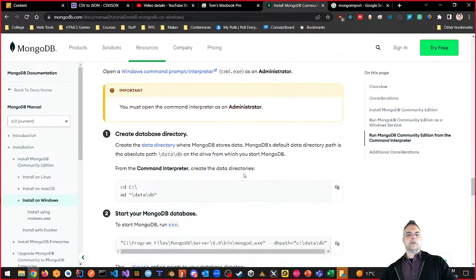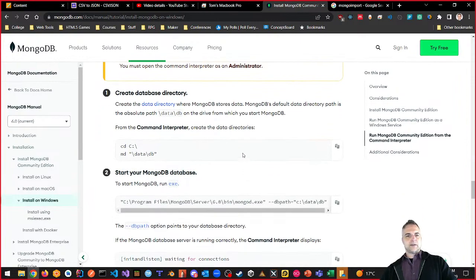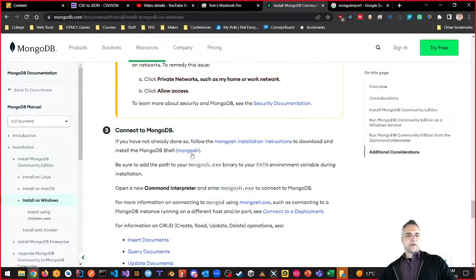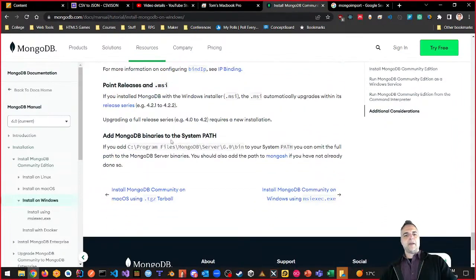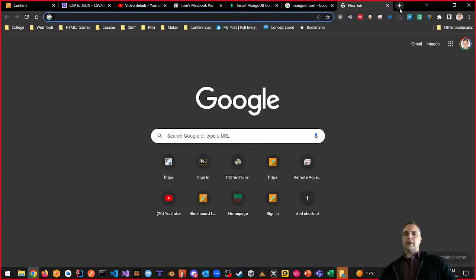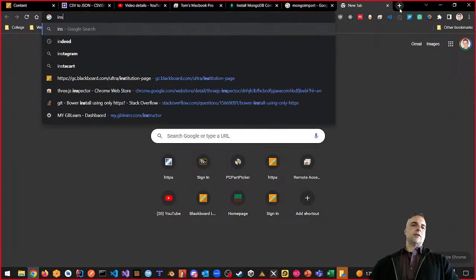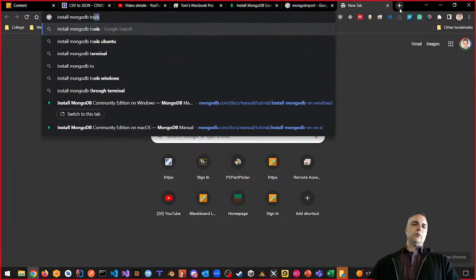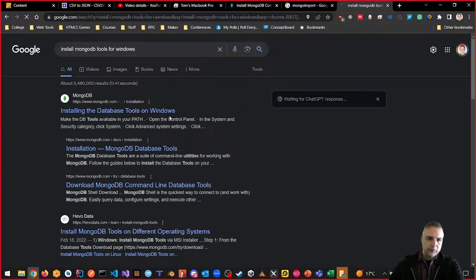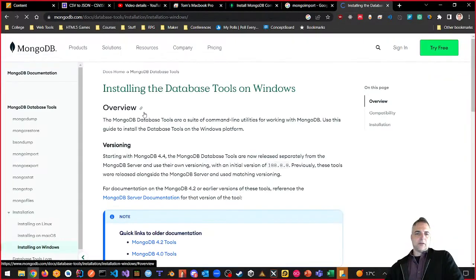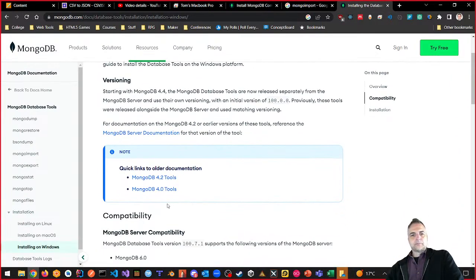So let's scroll down here and see if it actually exists. Here's the data directory they talk about, connecting to MongoDB, localhost, and the binaries. So there's the Community Edition, right? And what we want is MongoDB tools. Let's see how that is. So if I want to install MongoDB tools for Windows, does it exist? Right, so installing database tools on Windows, here it is,